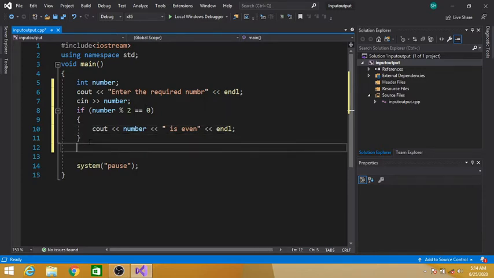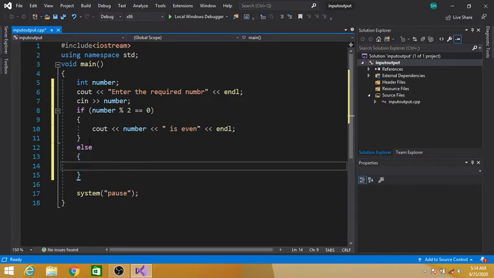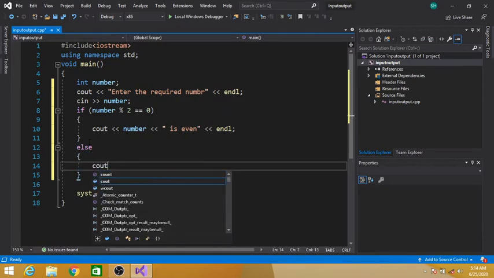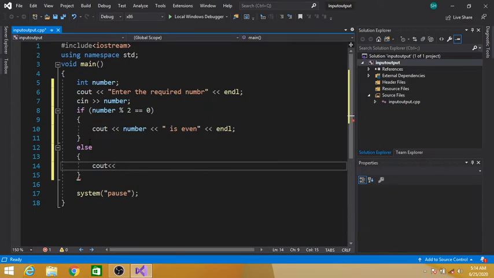Else, we can say cout number "is odd", endl.